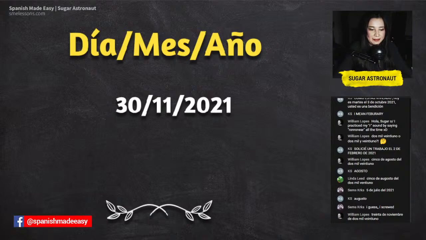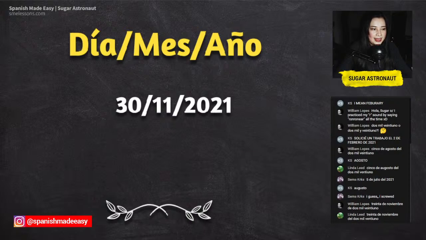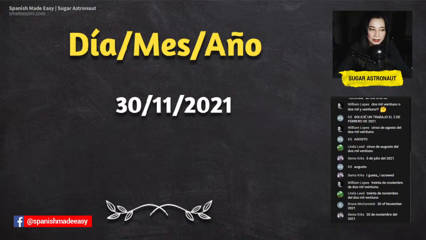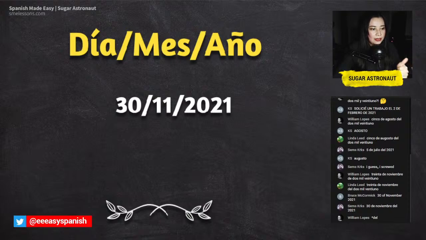I see William. William is saying 30 de noviembre del 2021. Okay, I see Linda too is saying 30 de noviembre del 2021. Perfect. That's perfect, Linda. William, you just missed del 2021. Del, that word. Although you can say that as well, but to me it sounds more complete to say del